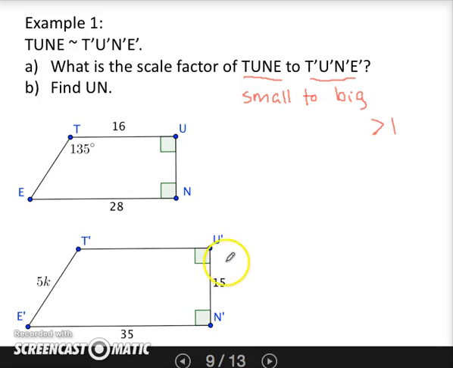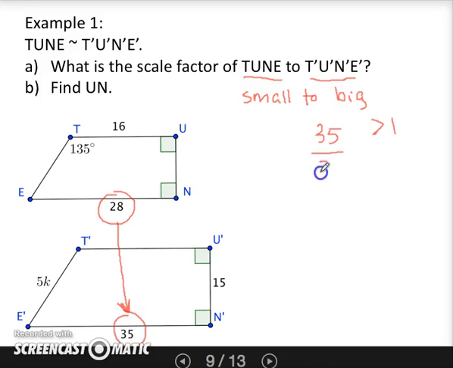So what we need is two corresponding sides. 16 corresponds to an unknown side. Side UN also corresponds to, well, side U prime N prime is known, but not side UN. But here we have a corresponding side where we are given both numbers. And since we're going from a smaller shape to a bigger shape, we want a scale factor of more than 1. So I'm going to put the bigger number